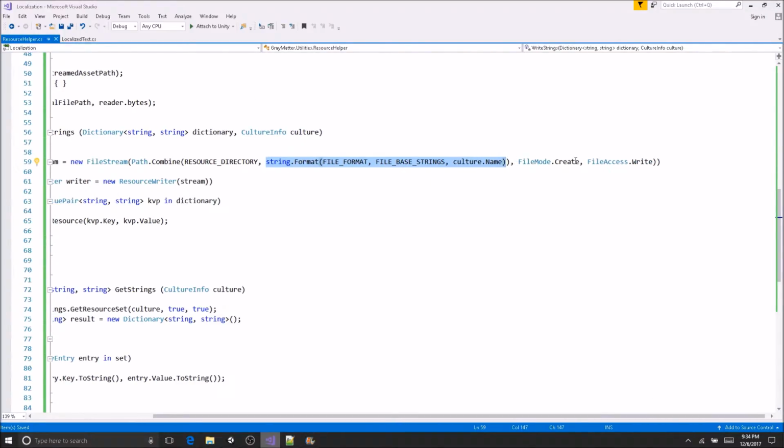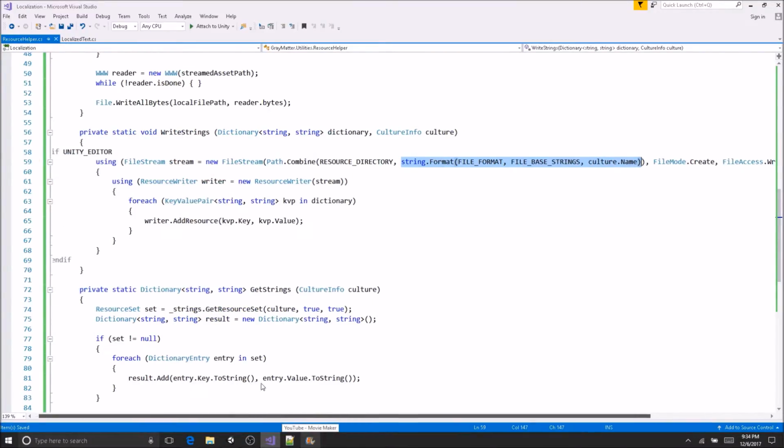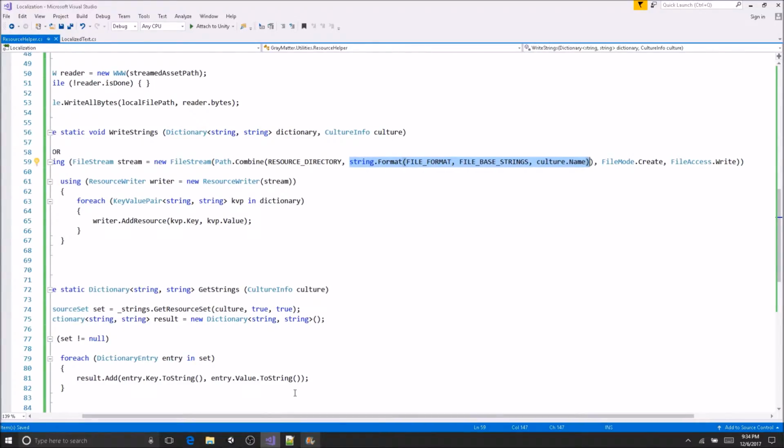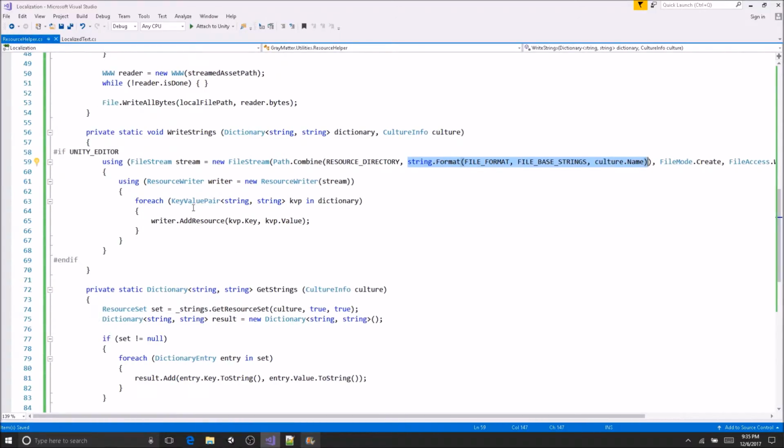it sets the file mode to create, because we are creating the file if it does not exist, or we're overwriting it. I want you to understand that: we are essentially deleting everything that's inside of it and then creating new. So when you do that, make sure you're not just thinking that you're adding to it, because you're not. And then the other thing we need is file access.write, because we're allowing the app to now write